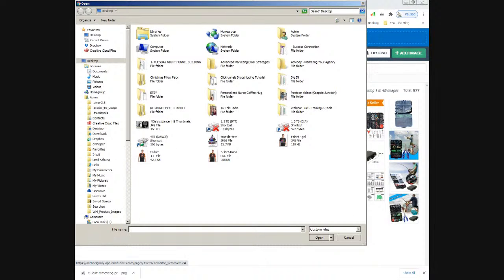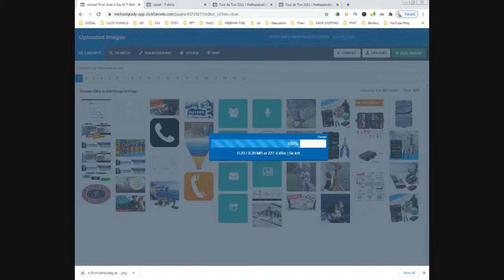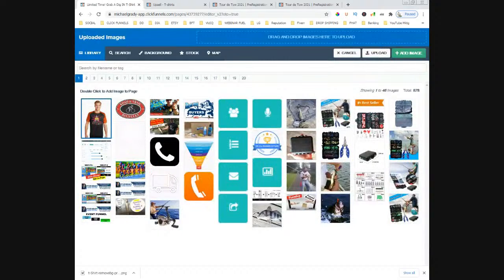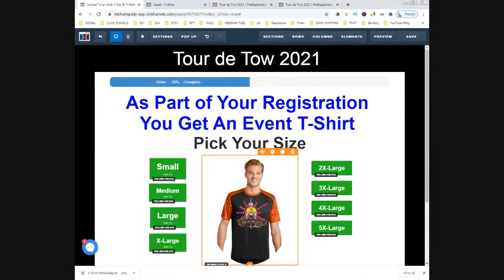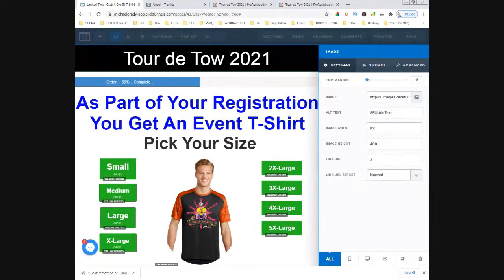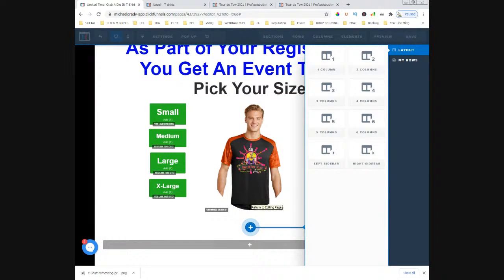So we've got the image here, and then the image with transparent background. So it's being uploaded, selected. We'll just give it a tag, Tour de Toe, TDT, click Add Image, and bang. Now we've got the image right here. Now, one of the cool things is this is just the image